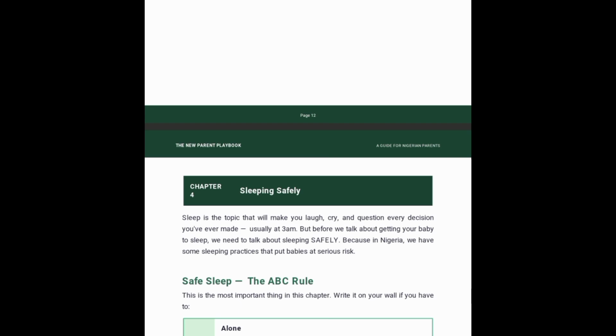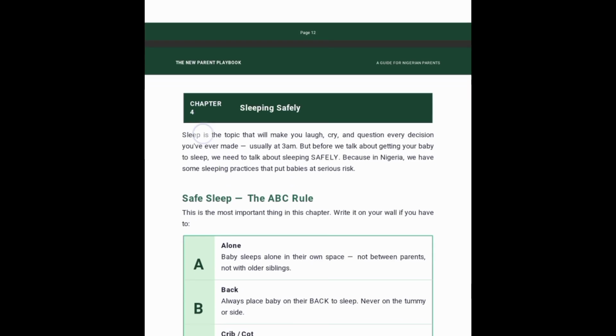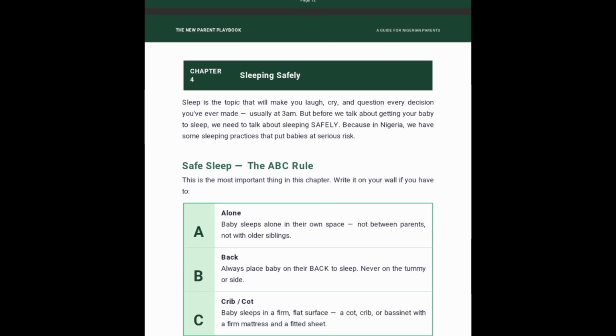Now, sleeping safely, the ABC rule. A, alone: baby sleeps alone in their own space, not between parents, not with an older sibling. B, back: always place baby on their back to sleep, never on the tummy or side. C,